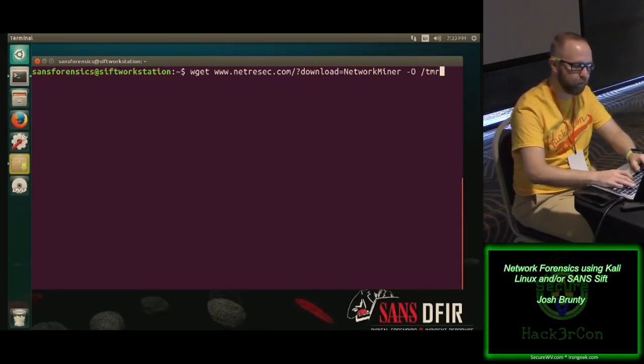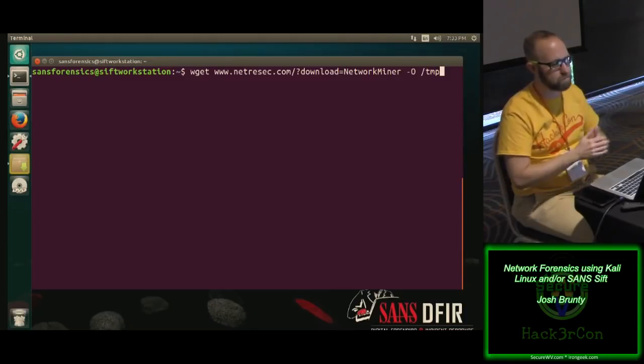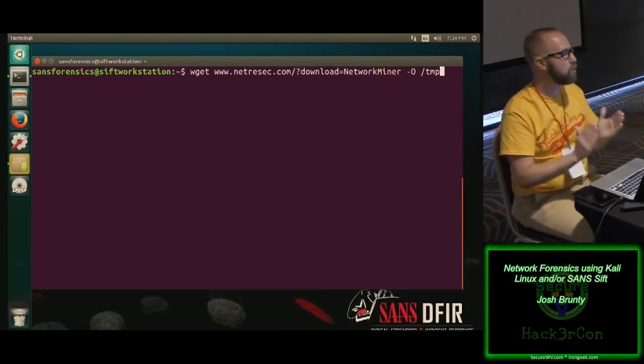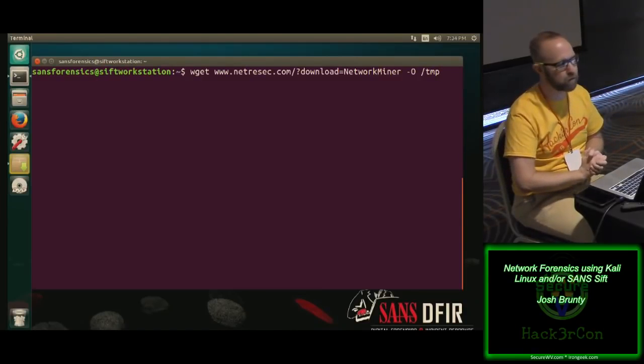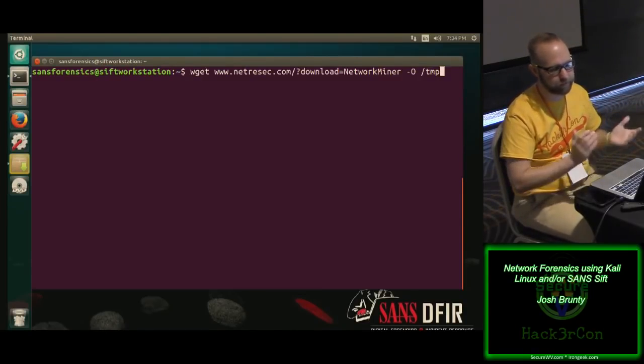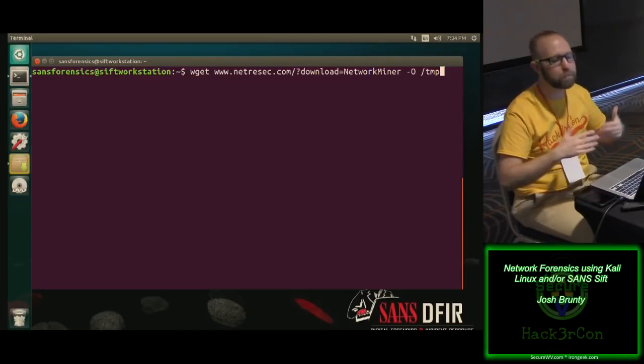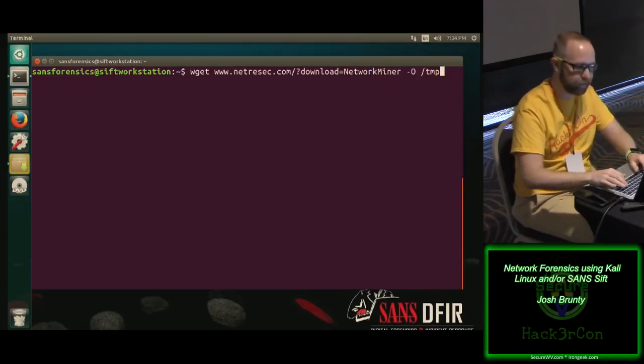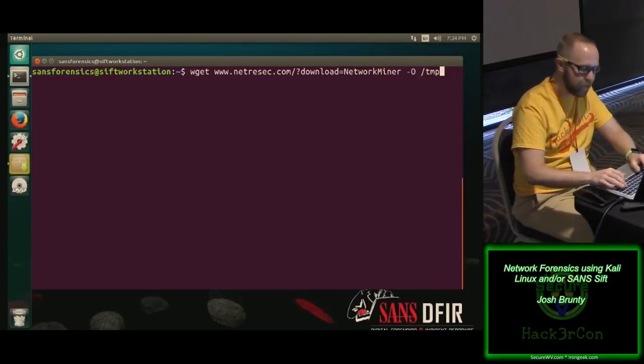So a TMP folder. If you're using any kind of scripts or you're pulling any third-party utilities, pull it into your temp folder in Linux, because that's an unused folder in Kali or Ubuntu or Sift. It's a good place to put programs if you're installing. So out of just good Linux hygiene, we're going to put it in there. And I'm going to put a front slash, and I'm going to type in nm, or nm for network miner